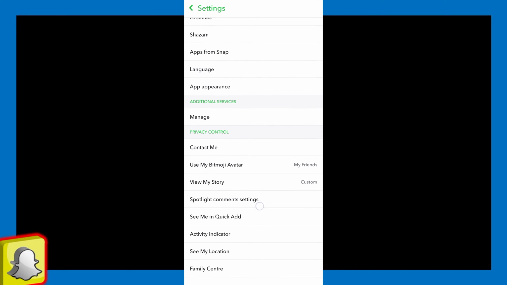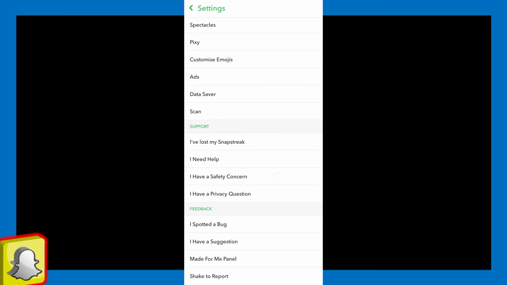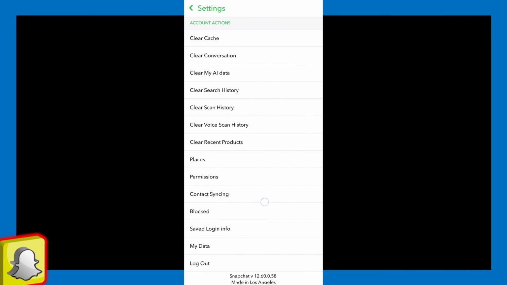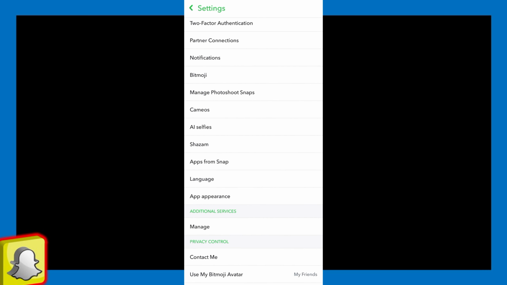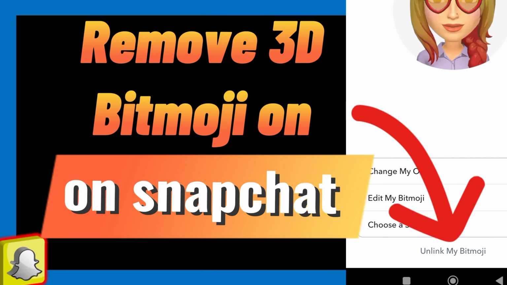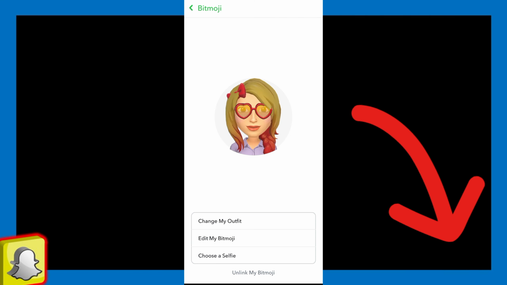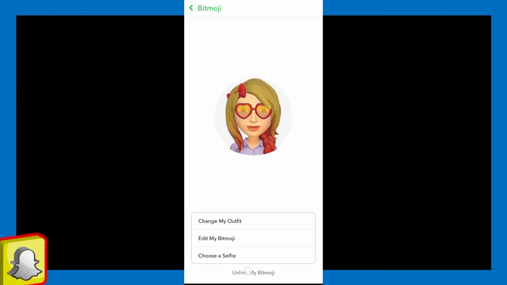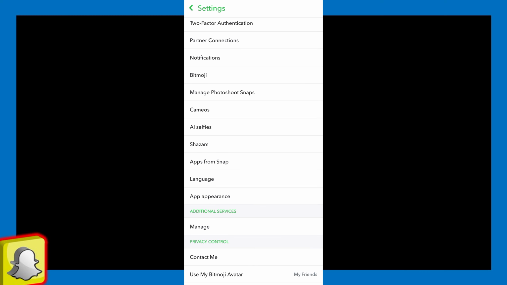So you will have to tap right here on Bitmoji. Let me select the Bitmoji. So you can see the Bitmoji option, and from there you will have to unlink my Bitmoji. So this is how you can easily unlink your Bitmoji, but unfortunately you cannot completely